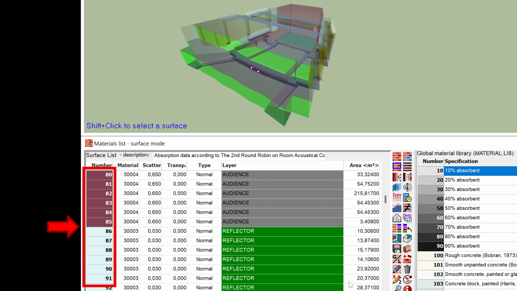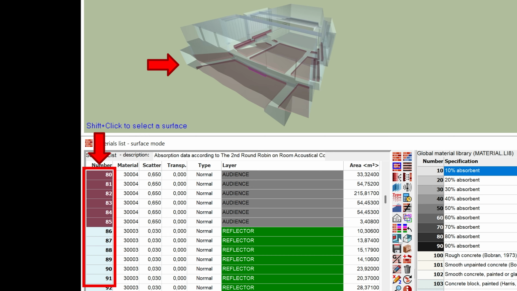Layers and surfaces will also show the colors of the material assigned to them. You can toggle between layer colors and material colors in the 3D render by clicking this icon. This makes it easy to distinguish absorption of surfaces at a glance.